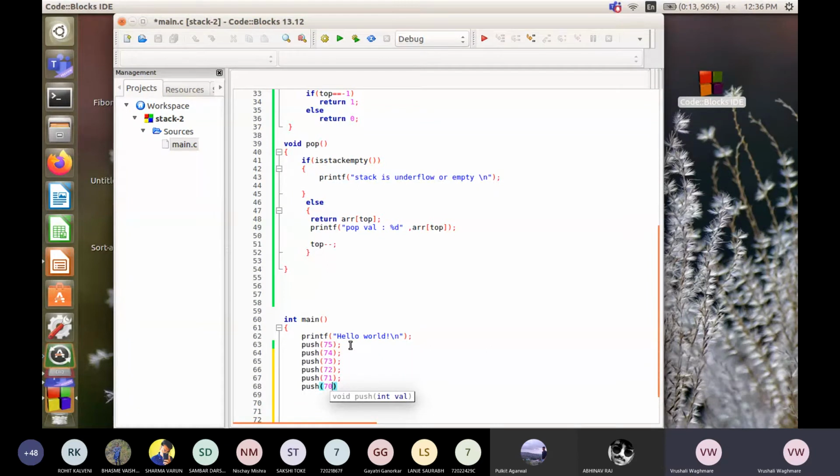How many elements will it push? 74, 73, 72, 71, and 70 के लिए हमें एरर आएगा यहाँ पे, ठीक है। 70 के लिए हमें क्या आएगा? एरर आएगा यहाँ पे.